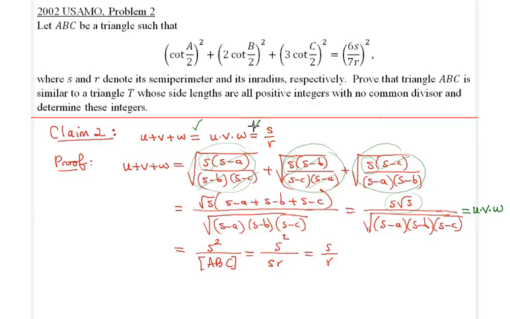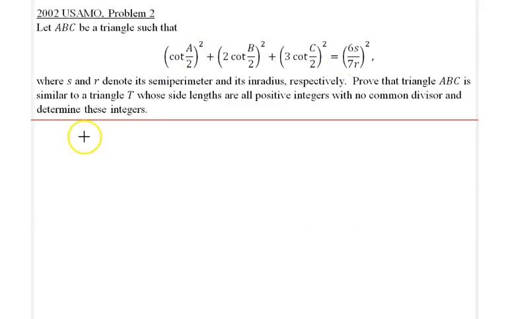So we have proved this important claim, which turns out to be critical for our solution. So now in the final step, let's go back to this initial condition and try to see what its meaning is. So this expression, the left hand side is simply U squared, I should say, plus 2V squared plus 3W squared,